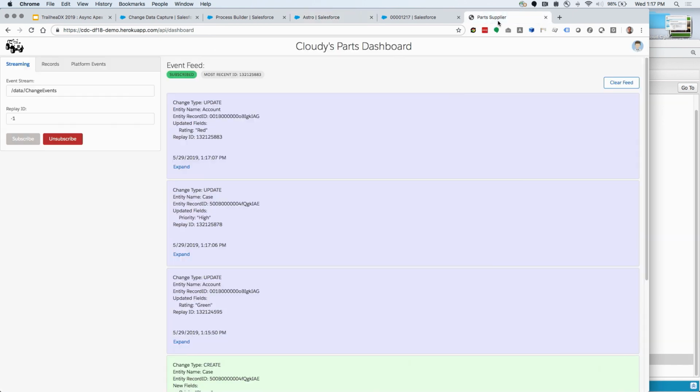Also on Chatter, a post was done, saying the previous rating was green and now we're red. Let's look at the supplier part. We see they also received the CDC event for the case, and now they see the priority is high. So they say, OK, now we need to take an action. This is an important, high priority case. So they will use